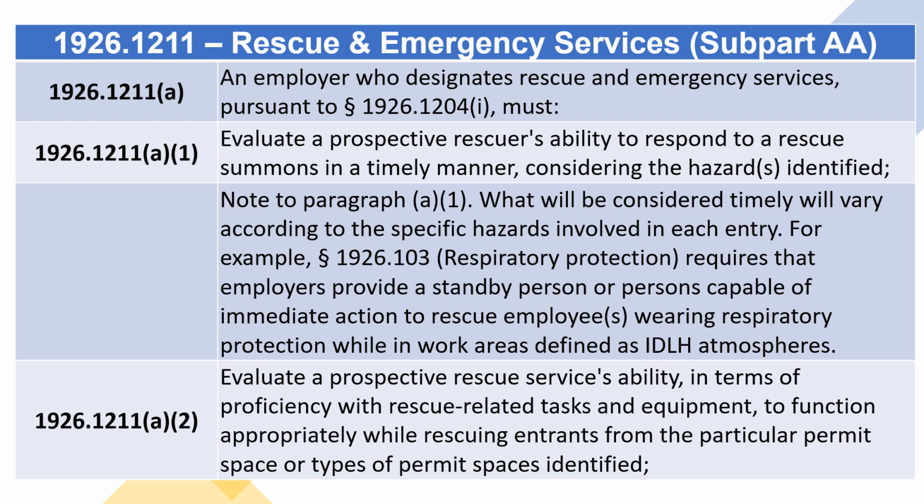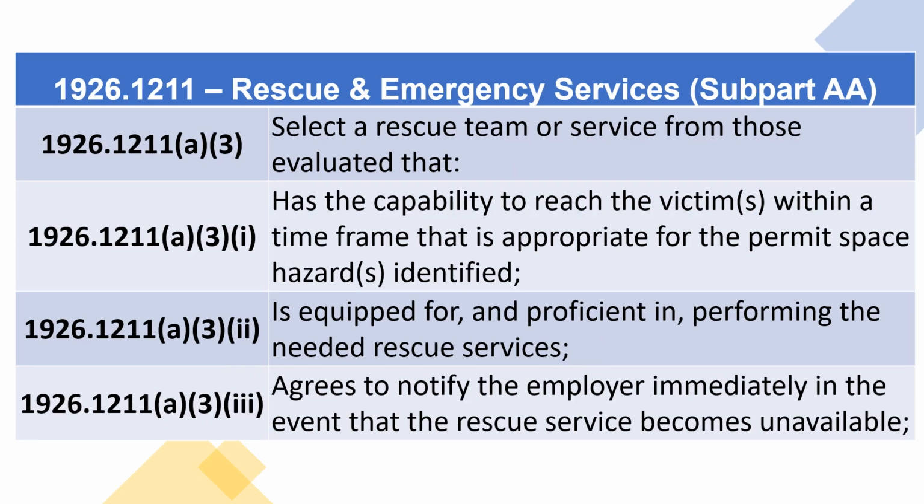1926.1211(a)(2) Evaluate a prospective rescue service's ability, in terms of proficiency with rescue-related tasks and equipment, to function appropriately while rescuing entrants from the particular permit space or types of permit spaces identified. 1926.1211(a)(3) Select a rescue team or service from those evaluated that: